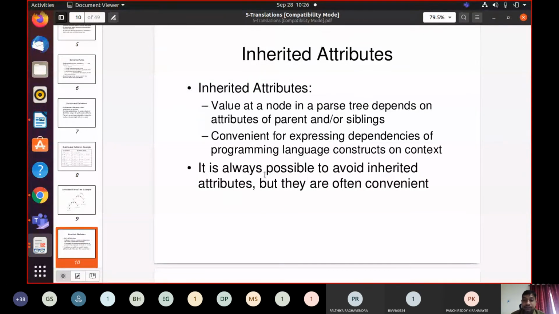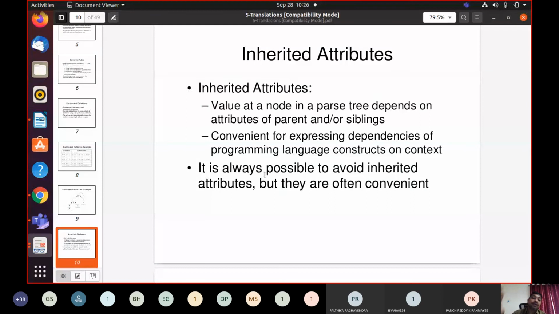Usually the siblings may be right siblings. In compiler design, generally we scan from left to right. So first we evaluate the left side symbols, then we go for the right symbols. If the value of the left symbol is dependent on the right symbols and its parent, then we need to change the order of evaluation.